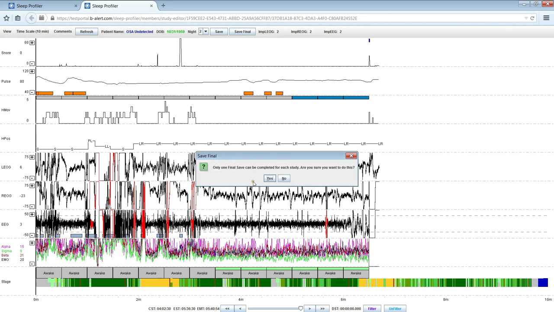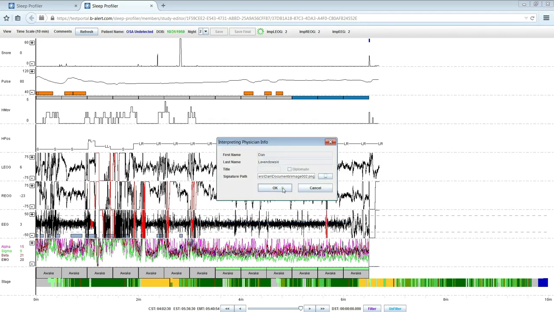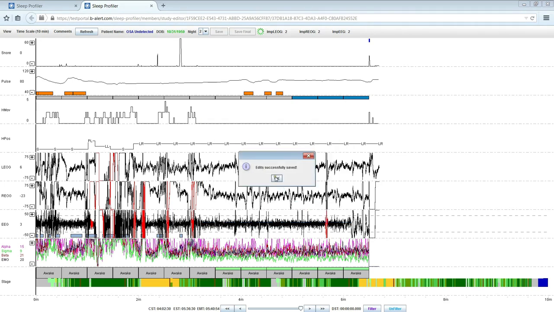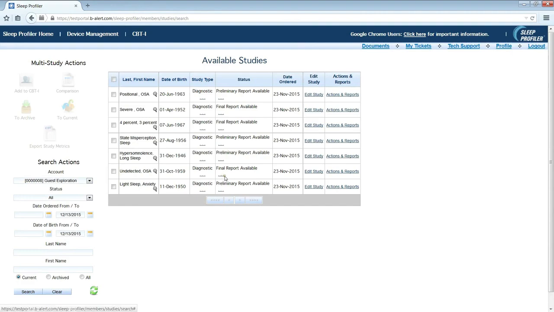The message will remind you that only one report can be generated as a final report for each study. I'm going to select Yes, and it provides me the opportunity to insert a signature that will appear on the narrative report. So I'll press OK. The final report is saved, and when I press refresh, I will see that it says that the final report